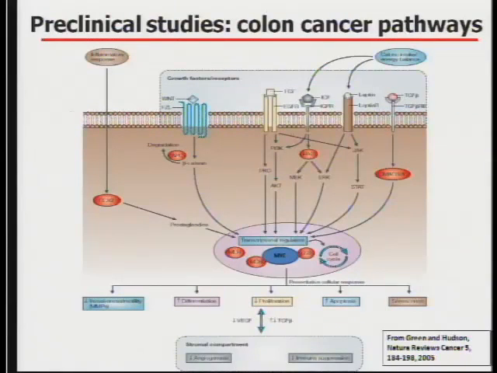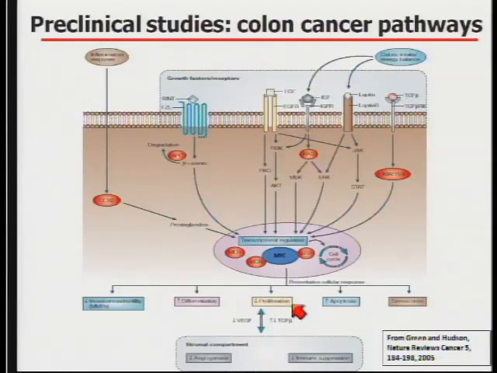In terms of the basic mechanisms, this is a little review from Jeff Green several years ago that outlined a number of pathways involved in colon carcinogenesis. So I want you to think about this, at least from our perspective. We started from this thinking about colon carcinogenesis. Generally, there are clearly a number of pathways, number of genes that are involved. Our focus happened to be on the APC gene here in the Wnt signaling pathway.